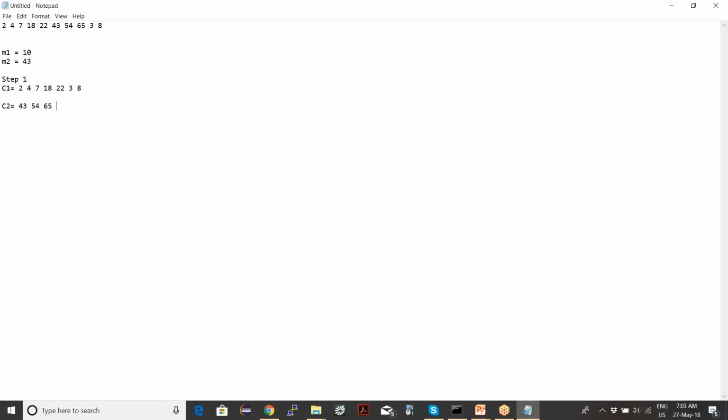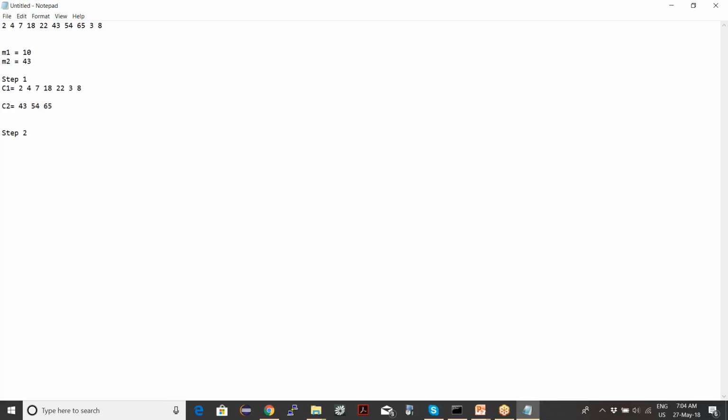Now step 2, find new centroids based on the average of the elements in the cluster, right? So for here, what is the average?